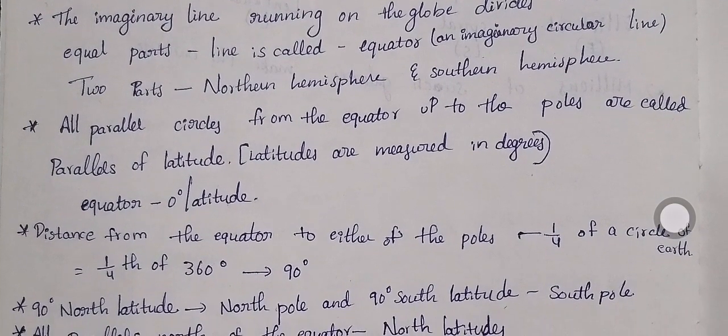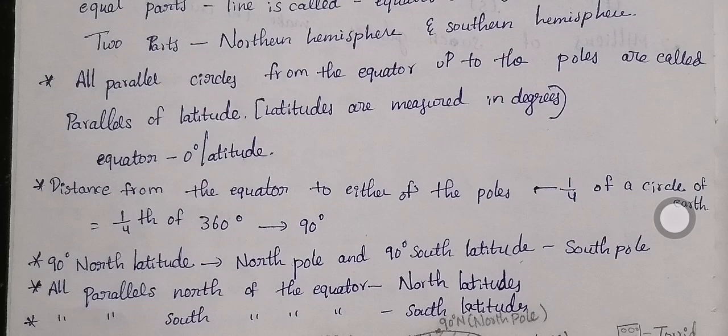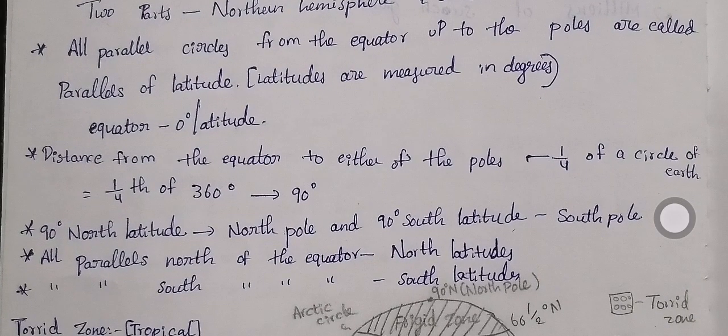Next, if you draw circles parallel to the line of the equator, those parallel circles up to the poles, that is the North Pole and South Pole, are called parallels of latitude. These latitudes are measured in degrees. Equator is the 0 degree latitude. If you see the distance from the equator to either of the poles,